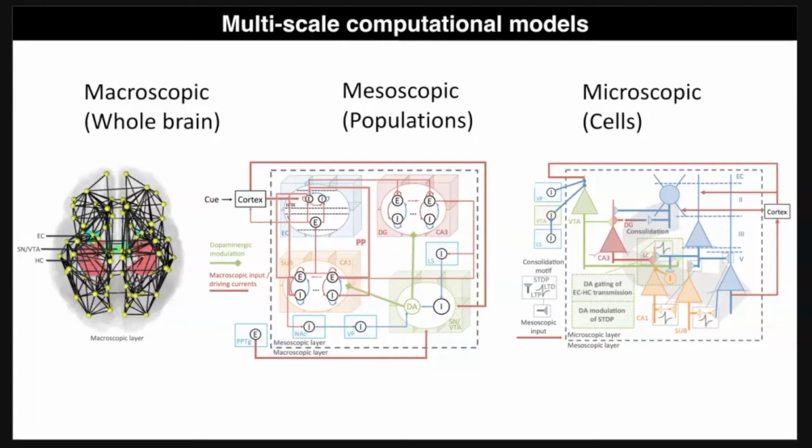The benefit of such multi-scale models is that we can see how different scales interact. There are causal influences between the large-scale model and the mesoscopic or microscopically detailed models. In this example, we can see how neurodegeneration and large-scale connectivity changes affect the processes at a microscopic scale that are relevant, for example, for memory consolidation. This co-simulation proof of concept is also available publicly in the Human Brain Project Collaboratory.